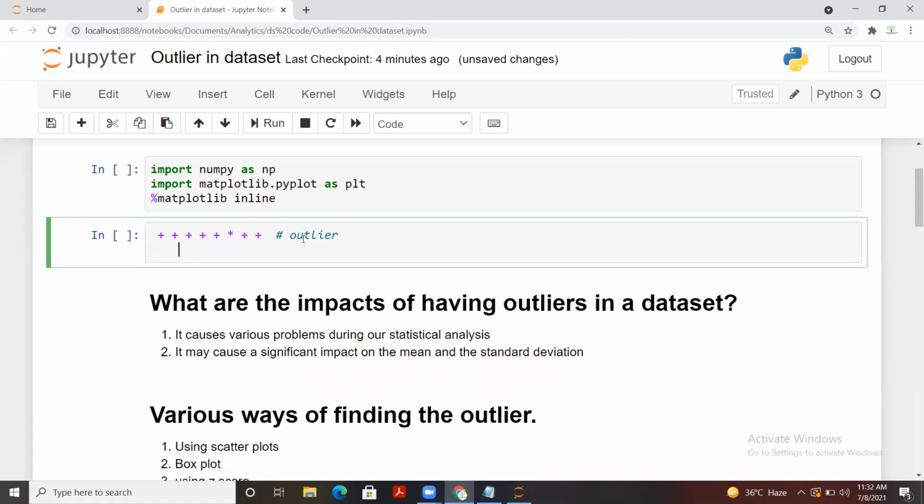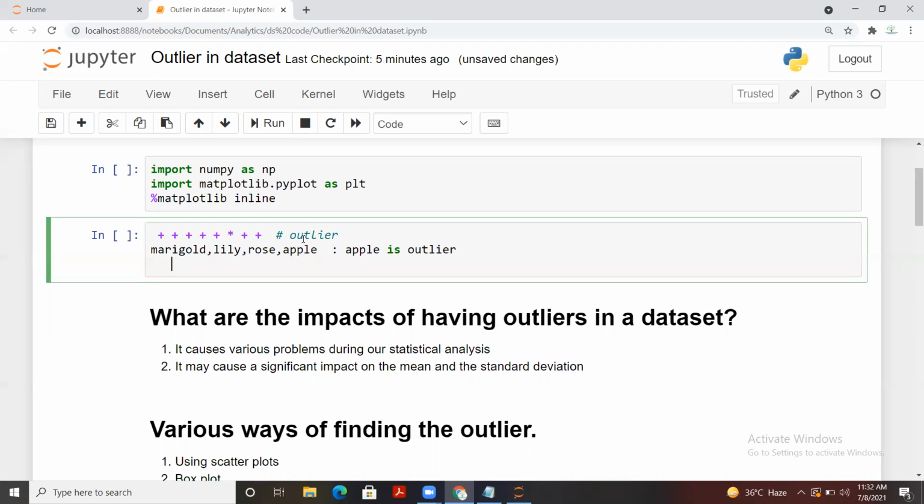For example, let's say you write some flower names: marigold, lily, rose, and then you write apple. Don't you think that apple would be the outlier? In this case, apple would be the outlier for us.